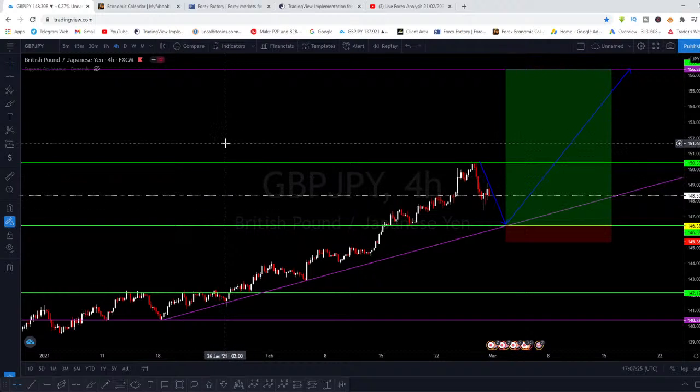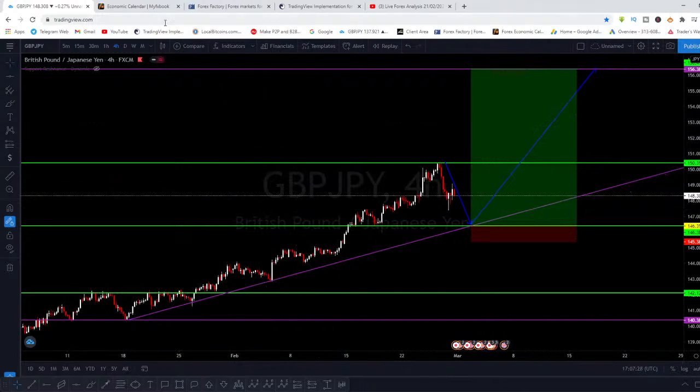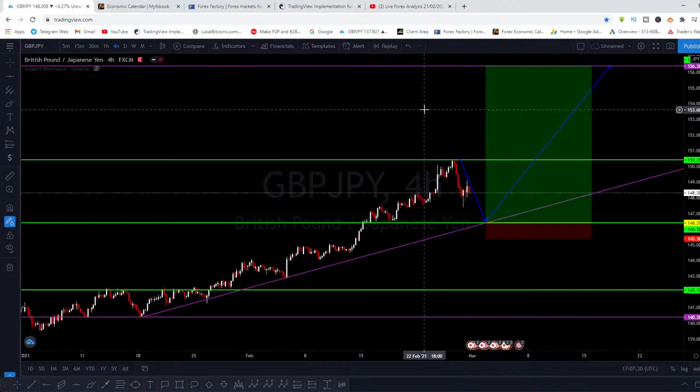So yeah, that's what I'm saying. Long term on GJ. This is a long term move on GBP JPY. This is not a scalp trade or whatsoever. It is a long term move on GJ. So you see that? Is there any question, guys?